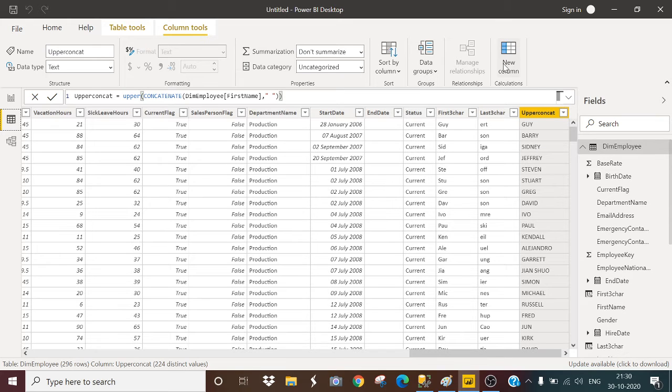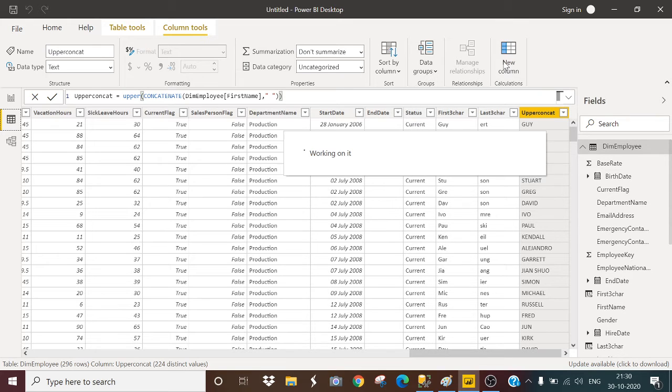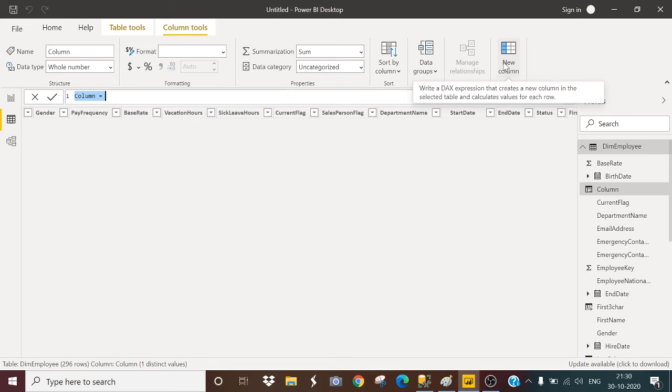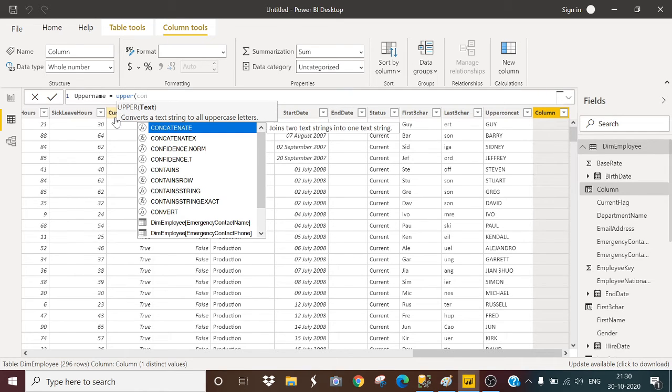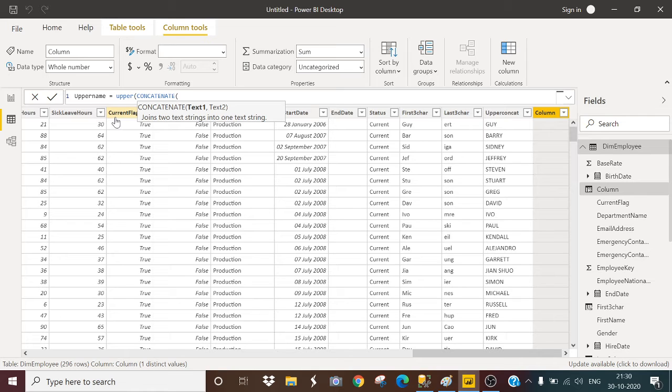Now let me create a new column again to concatenate both first name and last name in uppercase. I will name it upper name. I will use the upper function along with concatenate.